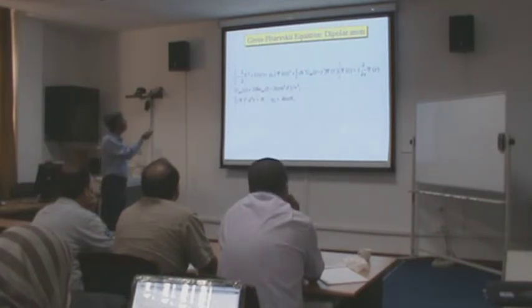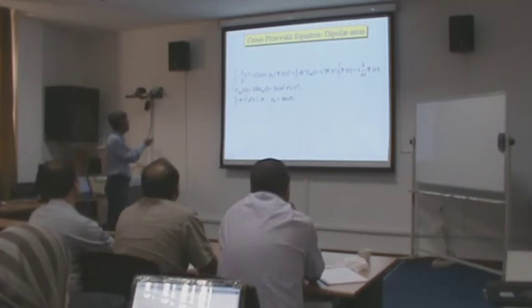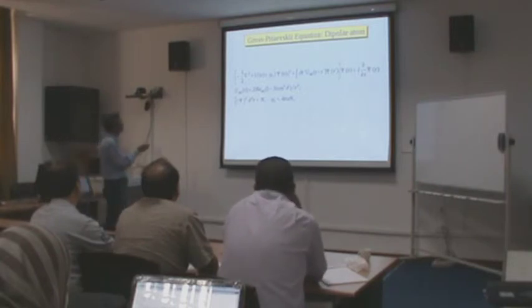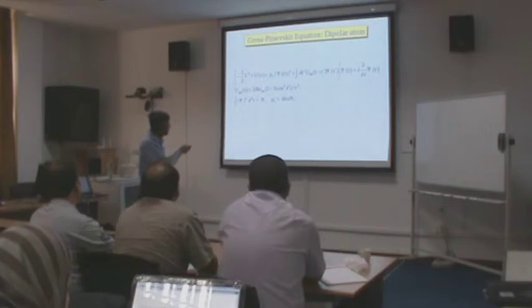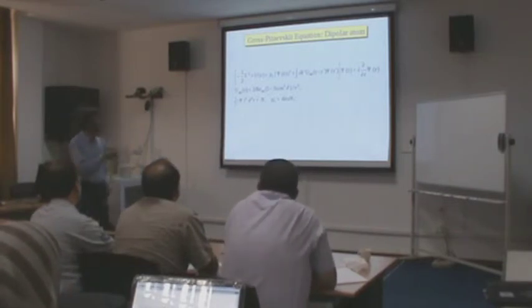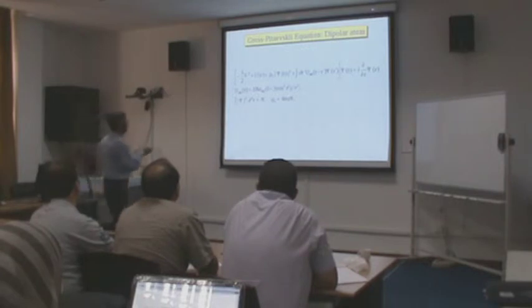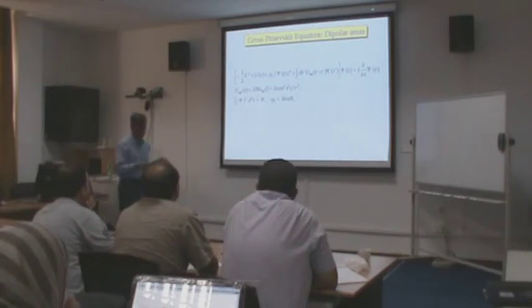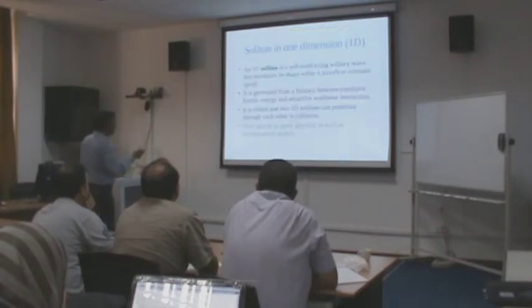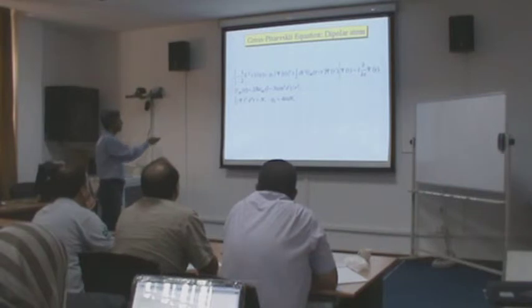So the equation looks like this, because you had this part in dimensionless units. This is the kinetic energy part, this is the trapping potential, this is the contact interaction, the nonlinear term, and this term is non-local. This is an integration over the dipolar potential, and so this becomes the new equation. This integration has a 1 by r cube term, but this integral is perfectly finite. It does not diverge because it is multiplied by the correct wave function. So this contributes to the Hamiltonian, and this integral is finite.